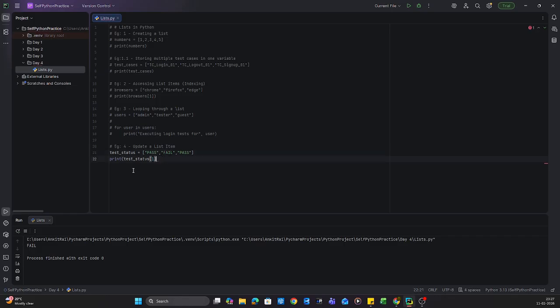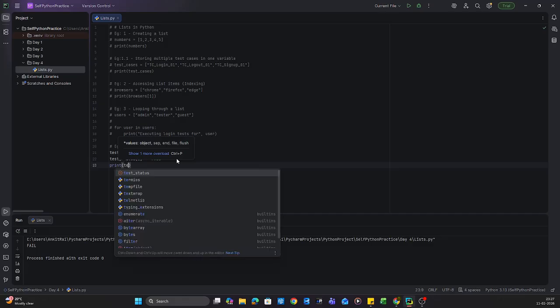But I want to update the value, update the first number index with a pass, right? After then I want to print the variable, the value,